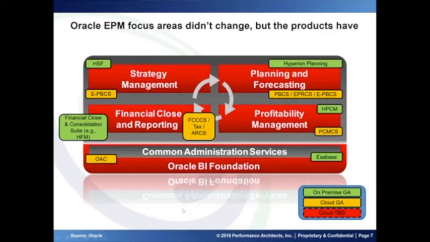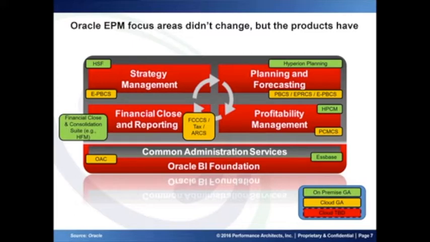So who here remembers these 4 buckets of focus or functional focus areas in EPM? This chart has been the same for years and years. Gartner split apart the magic quadrants for CPM, their name for EPM, a couple years ago into strategic and tactical finance, but basically it's the same stuff. The words have changed a little bit. So financial close and reporting, that's really about closing your books on a monthly basis, how you're reporting out for regulatory and other functional areas,